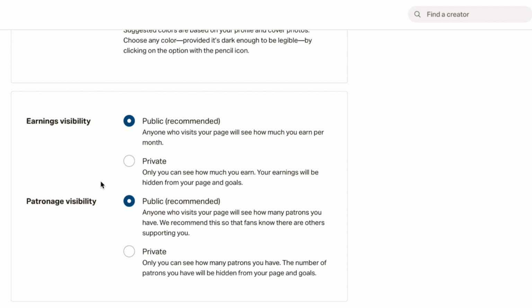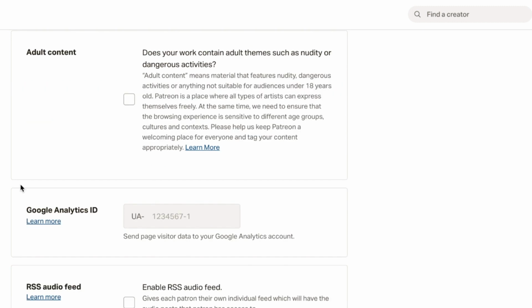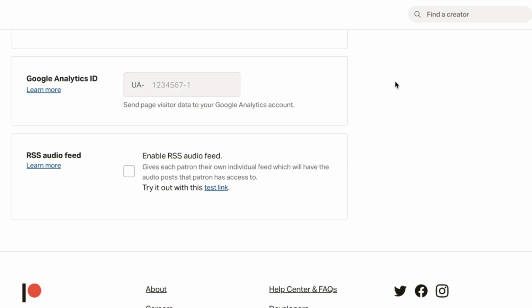So you can add it, if you want to, to a local business. You can connect all of your different social links. If you are doing adult content, make sure you check that box. You can integrate Google Analytics really easily, so you can see the visitor data. How long are people spending on your page? Where are they going on your page? Those kinds of things. And finally, there's RSS feed, which might be interesting if you are publishing audio,